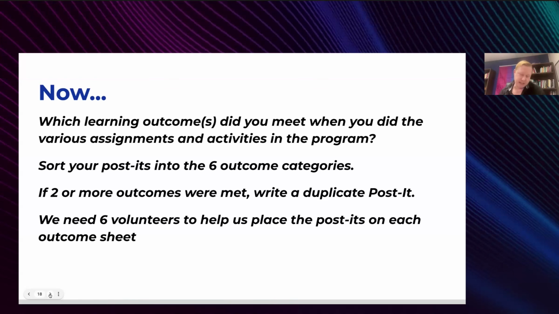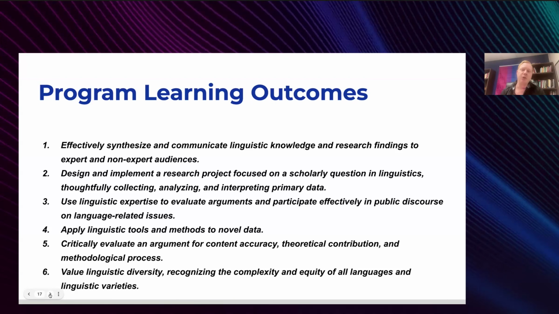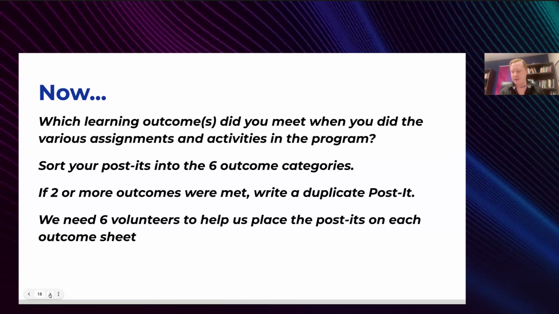So one that typically has fewer is something like the conducting original research, just in the fact that there's typically fewer classes that specifically feature original research. And then there's others that we do expect a broader array of things depending on how many courses are more directly addressing those kinds of learning outcomes.